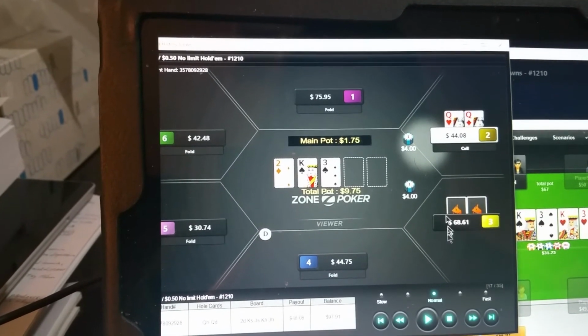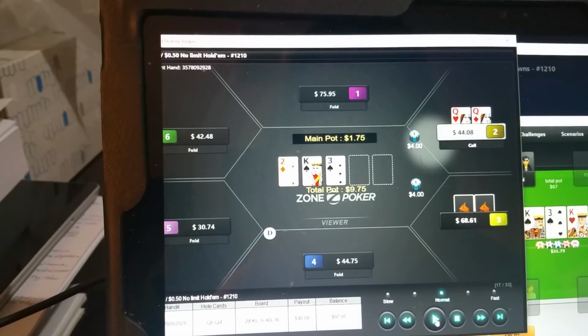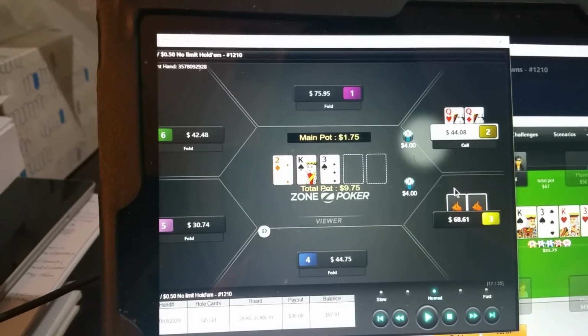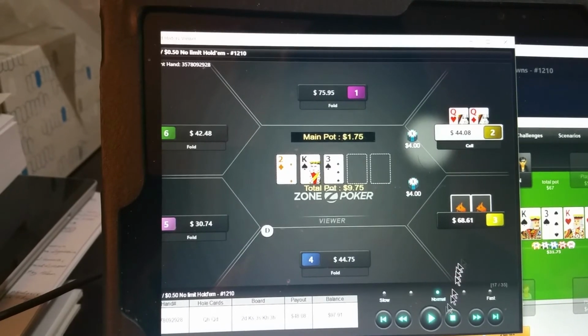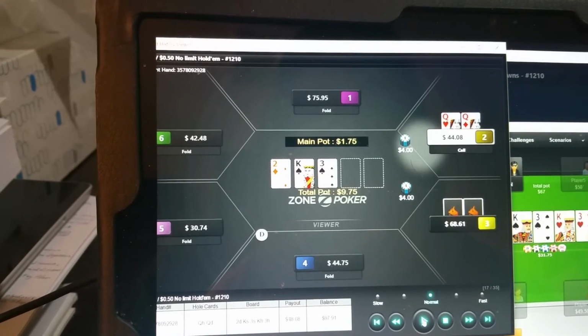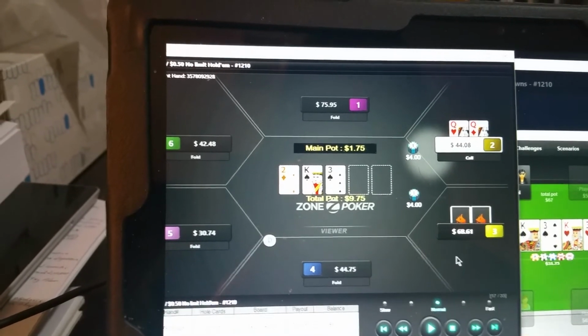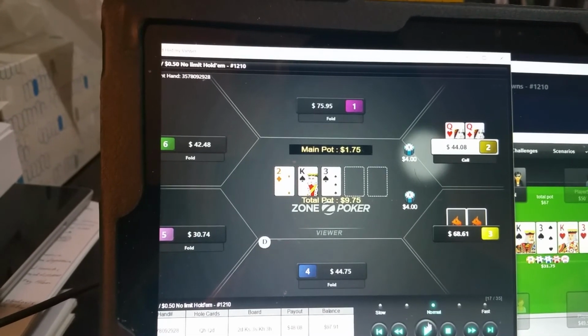I have a very strong hand. I'm supposed to bet quarter pot. And then if I get raised large, I'm supposed to fold. If I get raised small, I'm supposed to call. But I checked, and he bet 0.7 pot, and I'm supposed to fold there, but I call anyways.